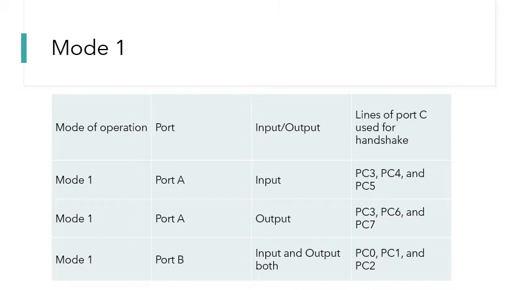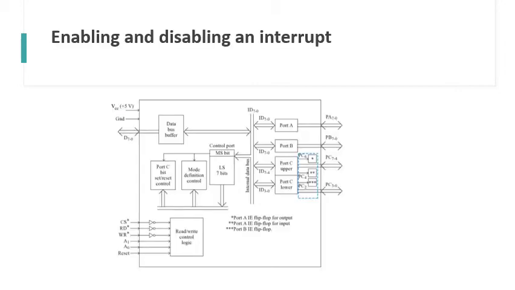Don't worry about technicalities right now. Just focus on the fact that there are 2 ways of data transfer. One is interrupt driven and the next is status check transfer. As you can observe in the block diagram below, representing the simplified internal block structure, there are 3 enable interrupt flip-flops marked with star. The value stored in these flip-flops determines the enable status of the interrupt.